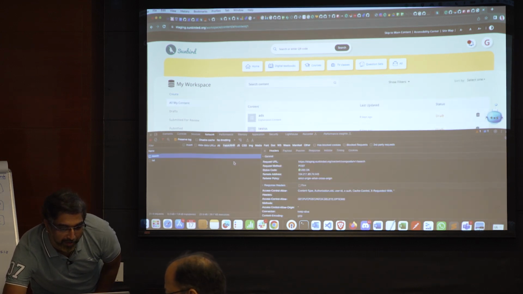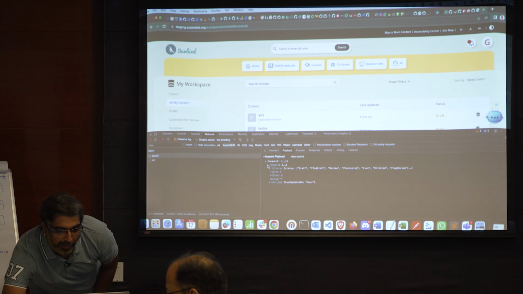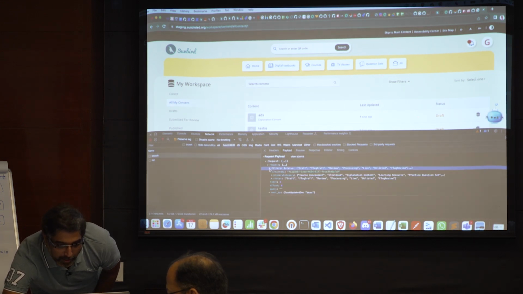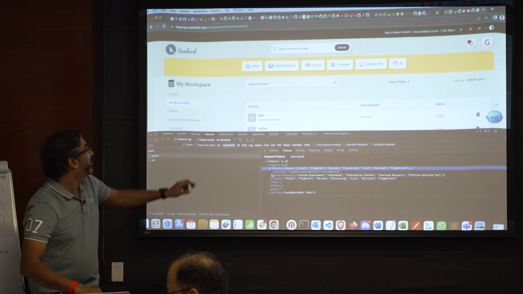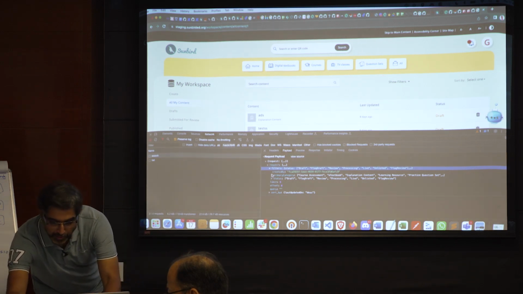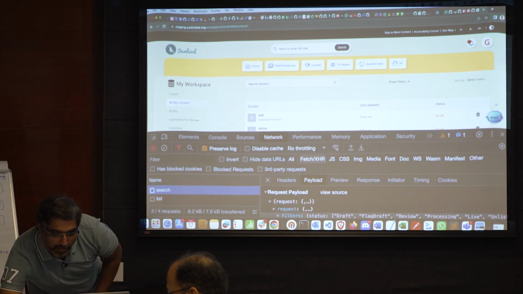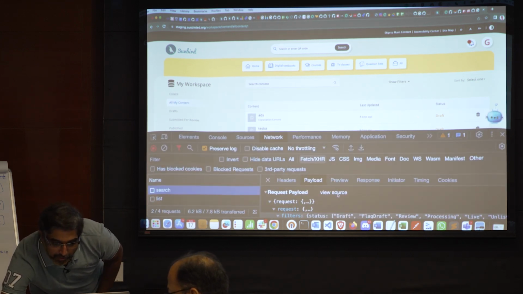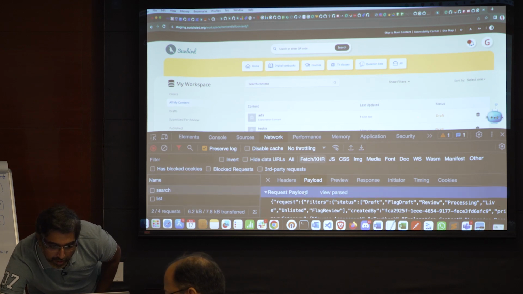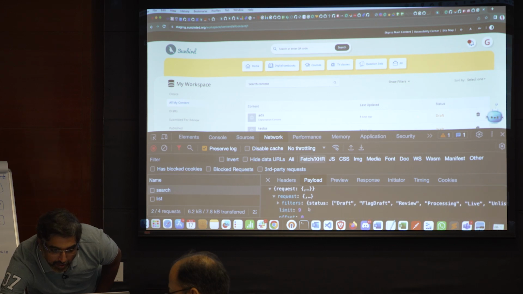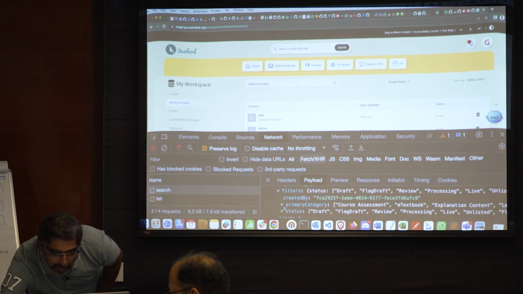A search API call will go. If you go through the payload of it, see, created by, I think you are able to see this, hopefully. Okay, so now you can see this.